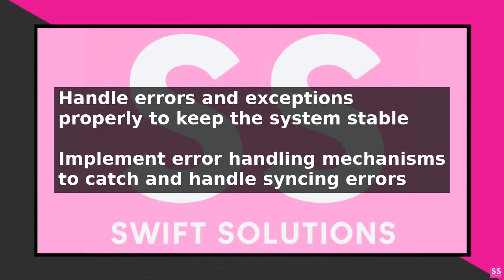Best practices for syncing Bill.com API events include using secure authentication methods, such as OAuth, to protect your API key and ensure that only authorized systems can access your financial data. You should also implement data validation and verification mechanisms to ensure that the data you receive from Bill.com is accurate and complete. In terms of practical examples, you can use programming languages such as Python or Java to sync Bill.com